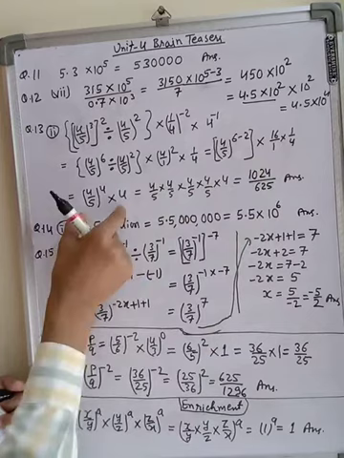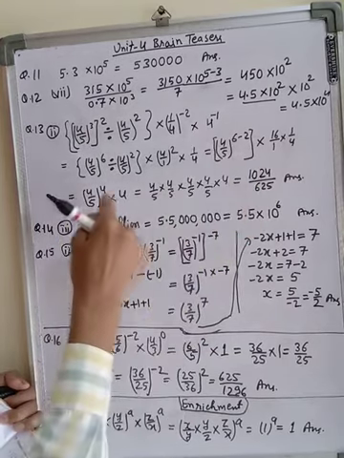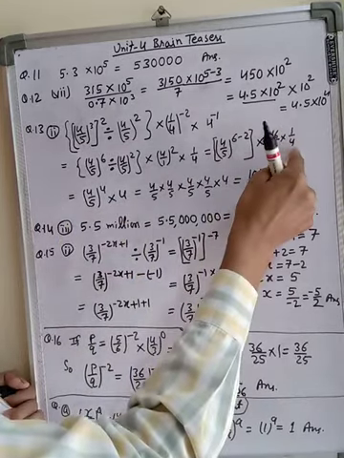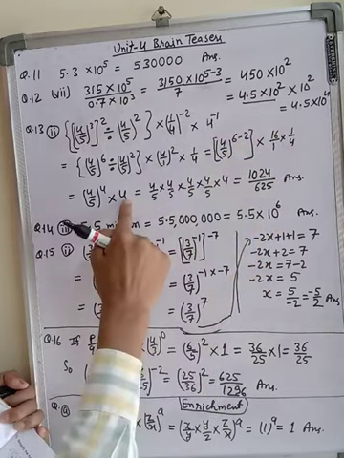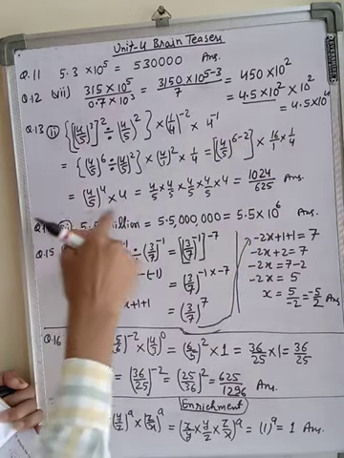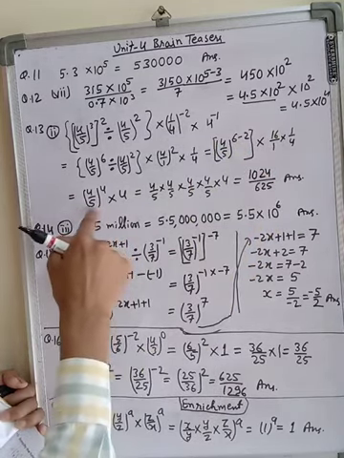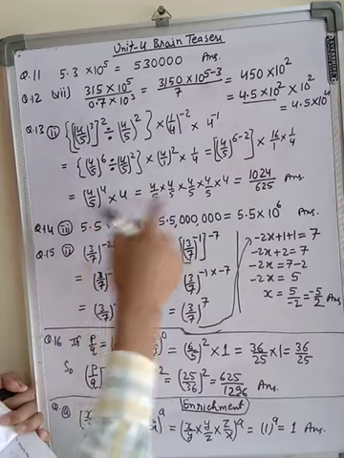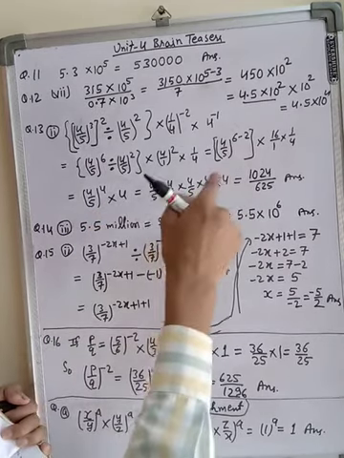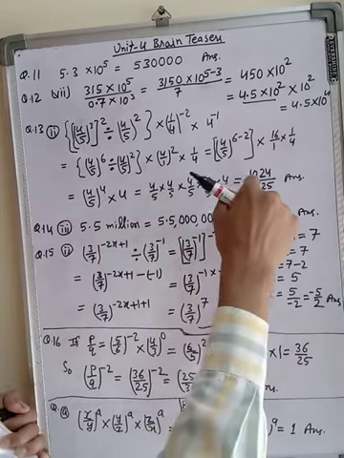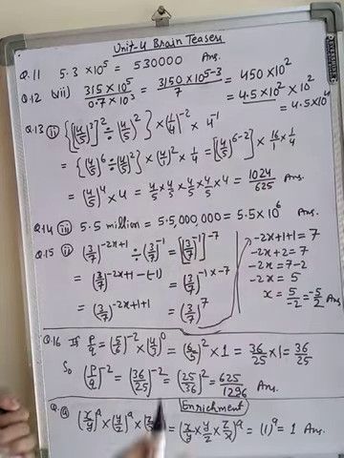Now this answer I have written here after this. 6 minus 2 is 4. And after cutting, 4 1s are 4, 4 4s are 16. Only 4 came. And after the solution of this, this is written 4 times and this 1 4. After cutting, there is no cutting. All will be multiplied: 1024 upon 625.